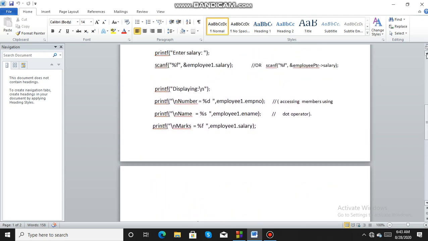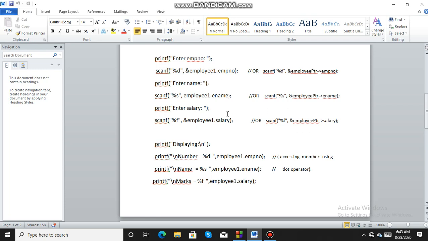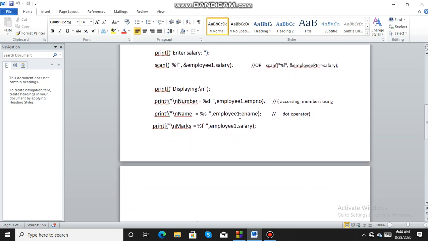Through the dot notation, we display the members using the structure variable name dot the member name: employee1 dot ename, employee1 dot salary. That is, you are accessing the members employee number, employee name and salary through the structure variable employee1 using the dot operator, and printing them on the screen.